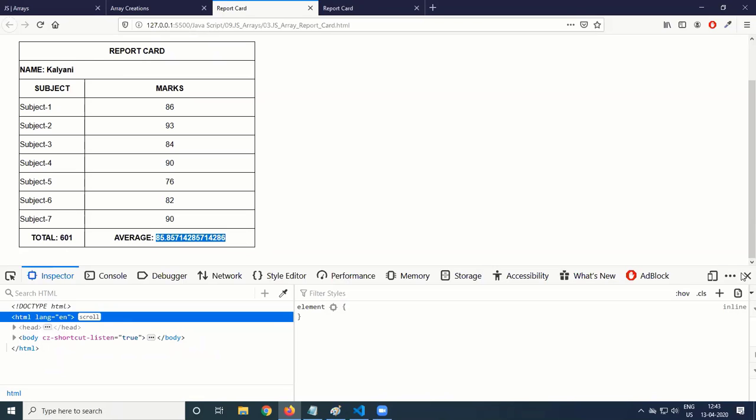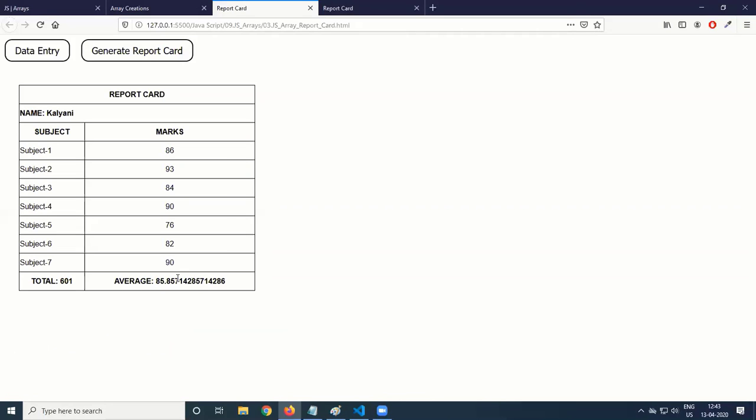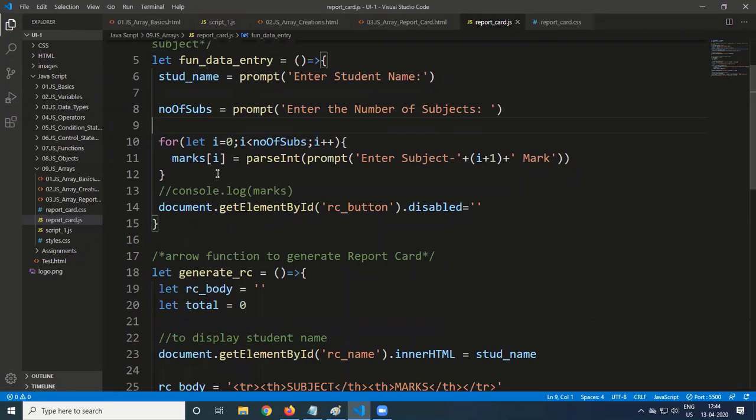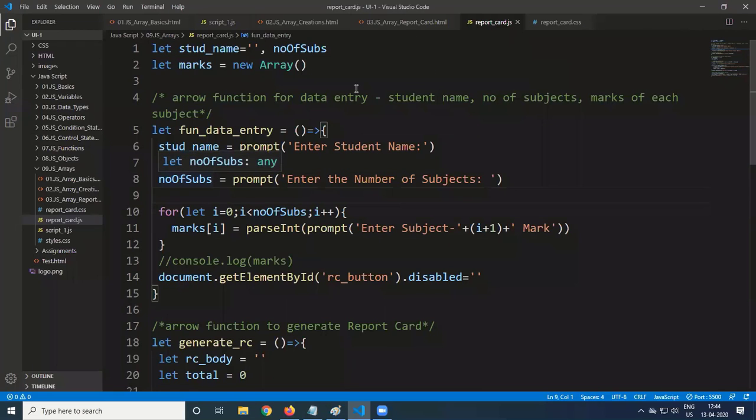We want to round it. So I don't want to have these many digits. We use math function, math class, and using that we are able to round off that. So enabling and disabling. So some CSS also we will apply to the report card. That we will implement in the later cases. So this is what our application is.